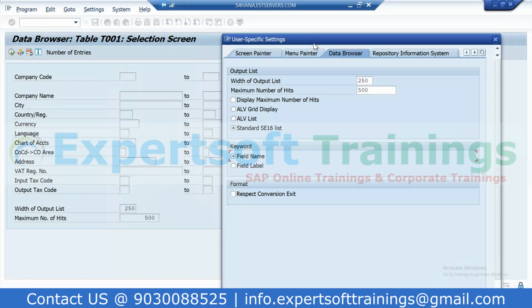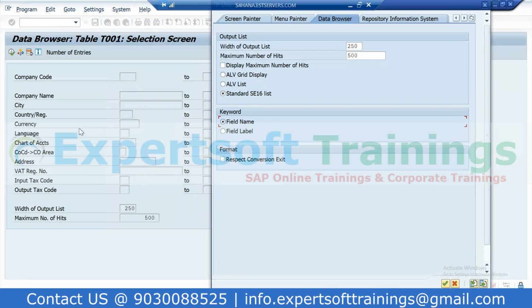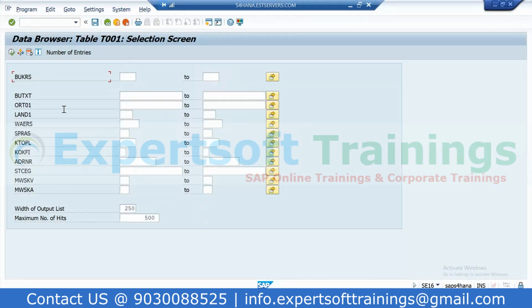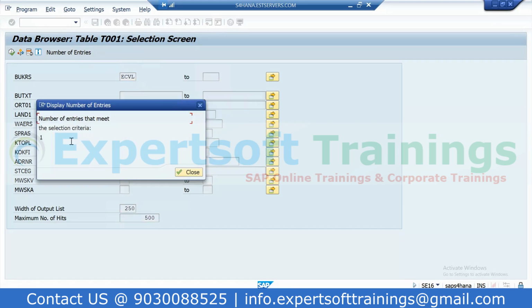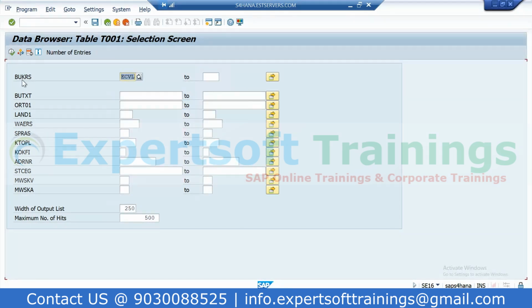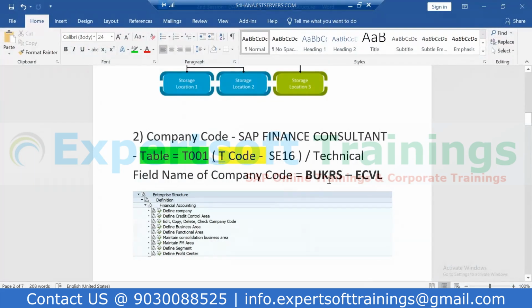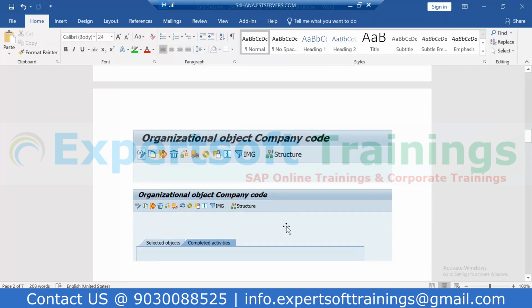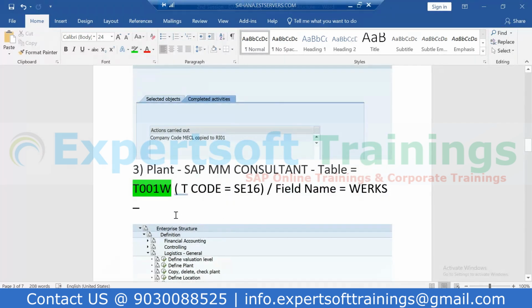और जैसे मैं इसको सेलेक्ट करके ये ग्रीन टिक पे क्लिक करूंगा, आपके जितने भी अंग्रेजी के नाम हैं ये सब टेक्निकल नेम में कन्वर्ट हो जाएंगे। सो ये जो फील्ड नेम है, इट इज अ टेक्निकल नेम। अभी ध्यान दीजिए मेरी बात को, आगे सब टेक्निकल नेम दिख रहा है आपको, BUKRS, BUTXT, उसका डिस्क्रिप्शन, कंट्री, करेंसी, ये सब चीजें, राइट? तो यहाँ पे अगर आप आपका ECVL डालोगे तो अभी सिस्टम आपको डेटा दिखाएगा, क्योंकि आप तो सही फील्ड में डेटा डाल रहे हो ना। ये कंपनी कोड का ही डेटा है, ये BUKRS, मैंने यहाँ पे लिखा हुआ है BUKRS, राइट? तो ये धीरे धीरे आपको याद भी करना है, आप जैसे जैसे प्रैक्टिस करोगे आपको ये याद हो जाएगा,